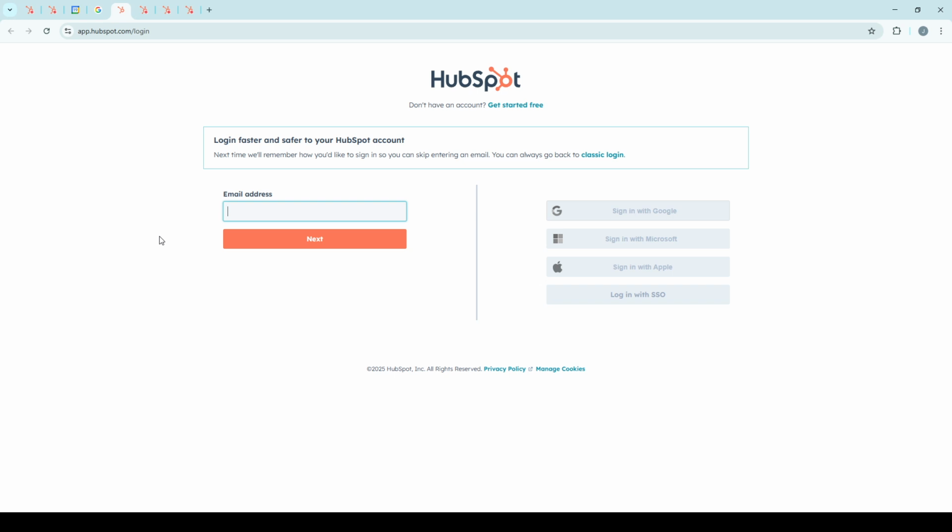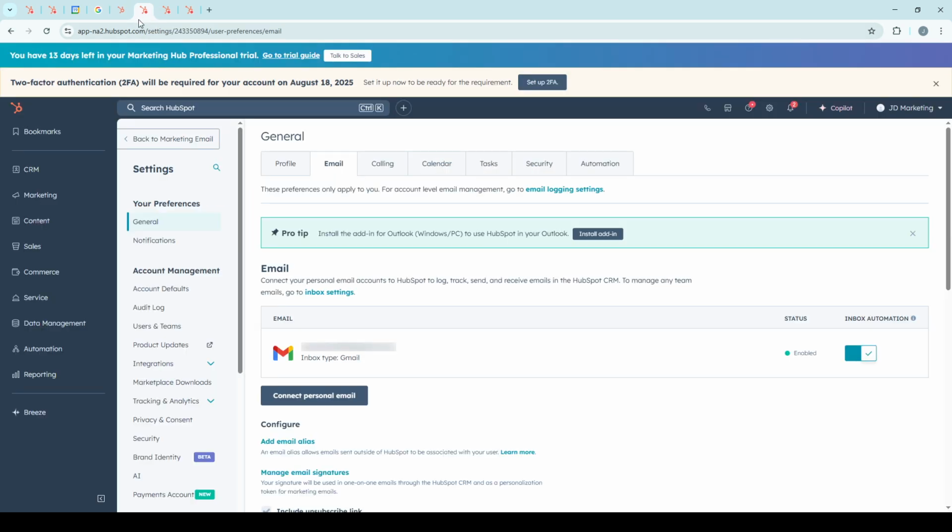Next, you'll want to head over to your HubSpot account settings. This is your control center, where you can tweak various options to fit your marketing needs. To access the settings, look for the gear icon, typically found in the upper right corner of your HubSpot dashboard. Clicking this will lead you to a robust selection of settings, but for our purpose today, we're going to focus